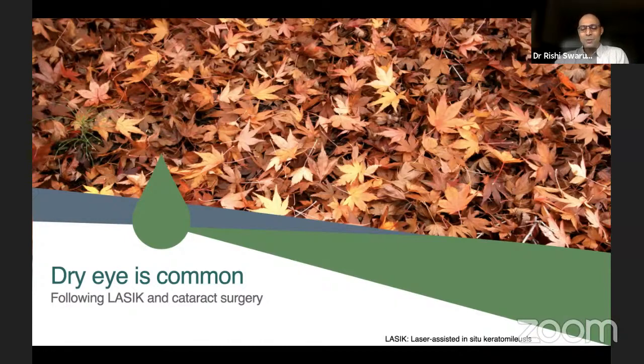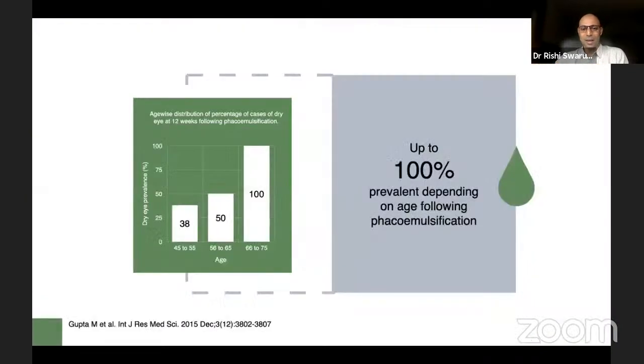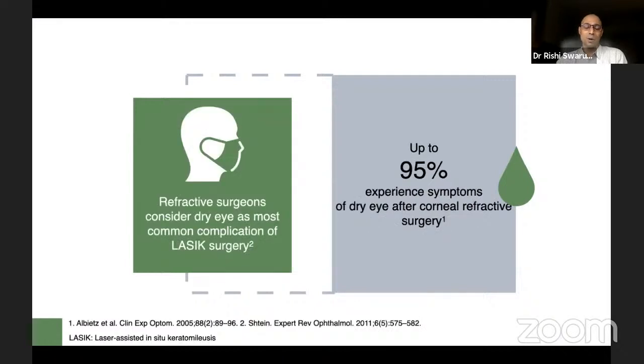So dry eye is common. We all know it. Everybody who's seeing patients in the clinic knows that we are dealing with dry eye patients. Especially after cataract surgery, post-operative dry eye is a very big problem. If you look at this slide, you'll notice that especially when you're dealing with older patients after cataract surgery, as the age increases, the prevalence of dryness after cataract surgery significantly goes up. This is attributable to many factors, especially age-related dryness is already there in this subpopulation, and they are prone to developing post-cataract dryness immediately after surgery, which can persist for quite a long time.